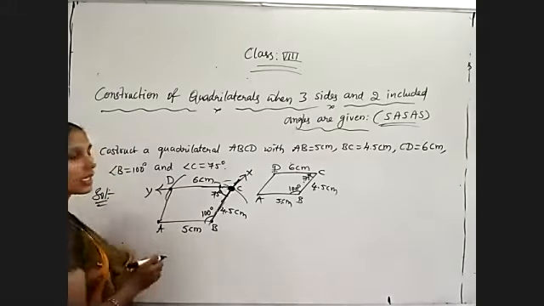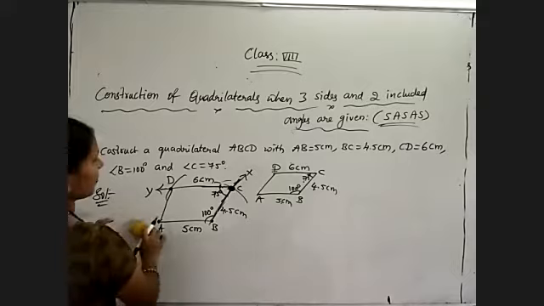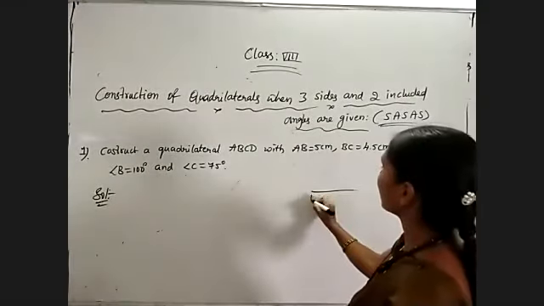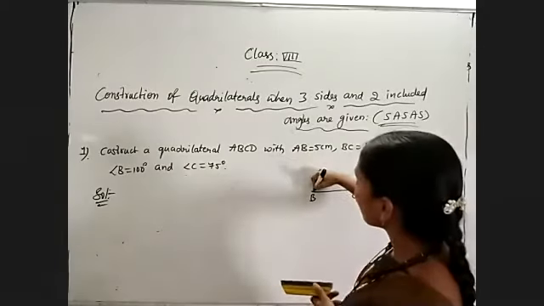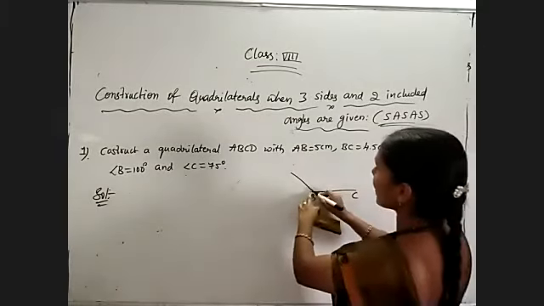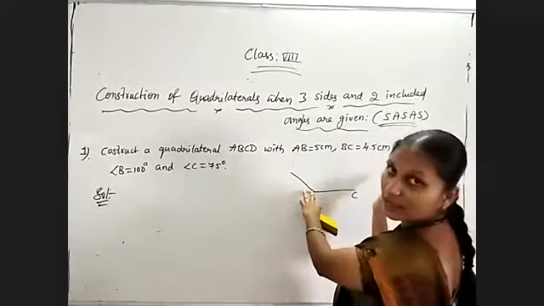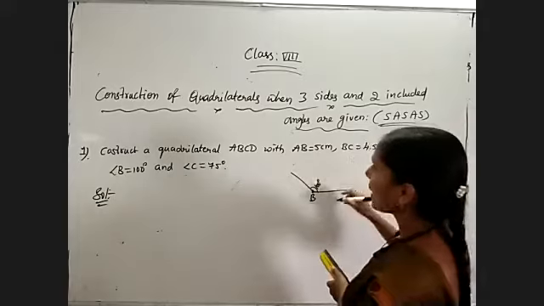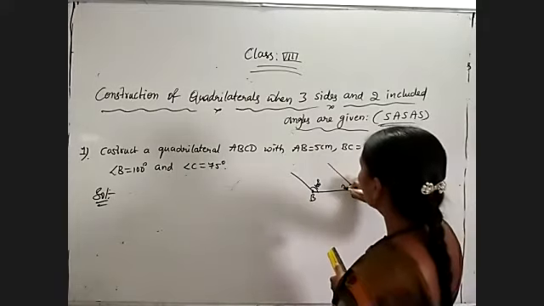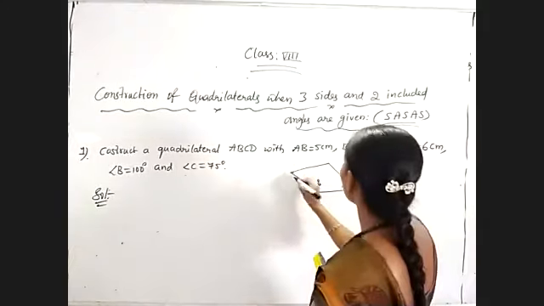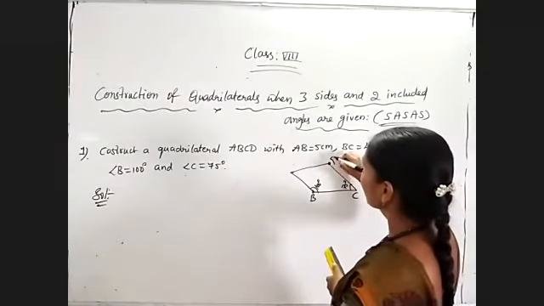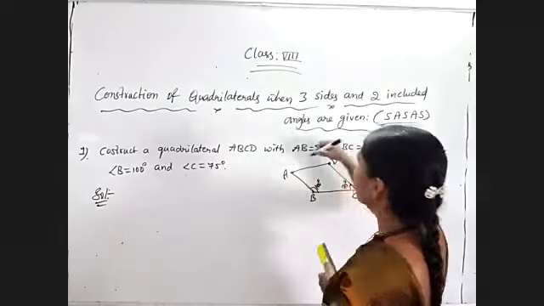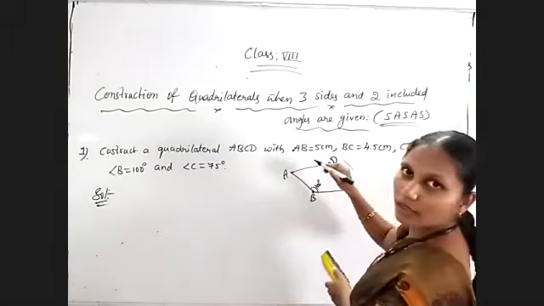If I am taking the base as BC, angle B is 100 degrees, given. So now if I am placing the protractor, this side is extending to the right side, meaning inner values I need to count. So take angle B equal to 100 degrees and angle C is 75, an acute angle. B, C, next in the clockwise direction. A, B, C, D.